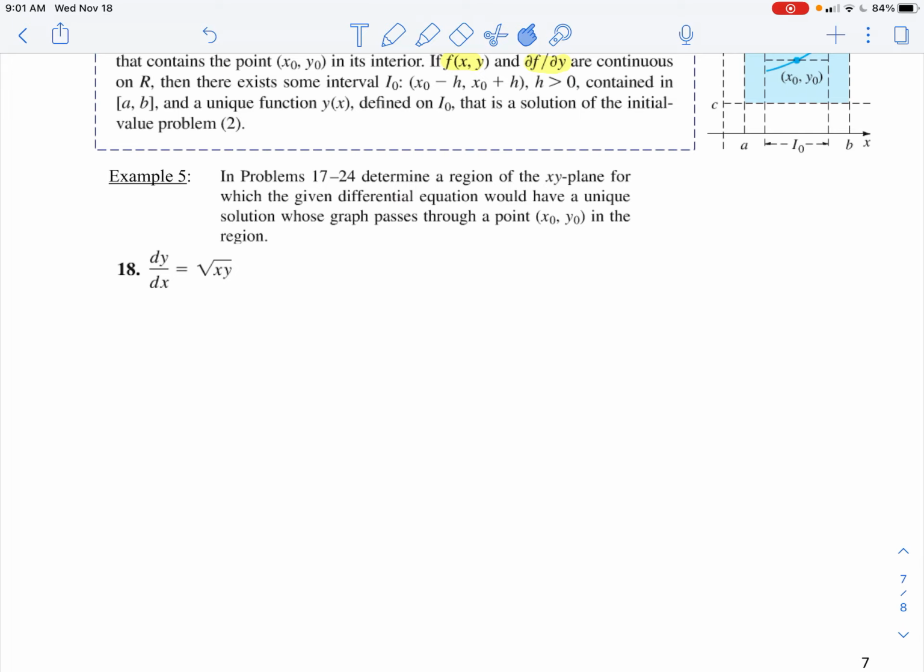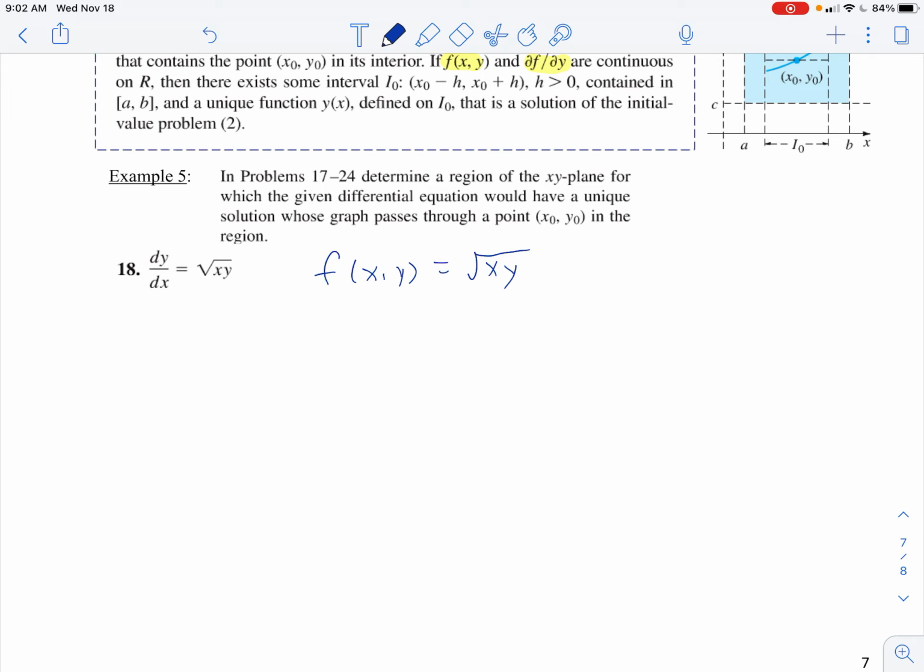So here's your example 5. We're going to determine a region of the xy plane for which the given differential equation would have a unique solution, whose graph passes through a point x sub 0, y sub 0 in the region. So the first thing we want to do is define our function. So we're going to find f of x, y, and then we're going to determine, okay, what is the interval where it's continuous. And so if we have the function the square root of xy, this is going to be continuous